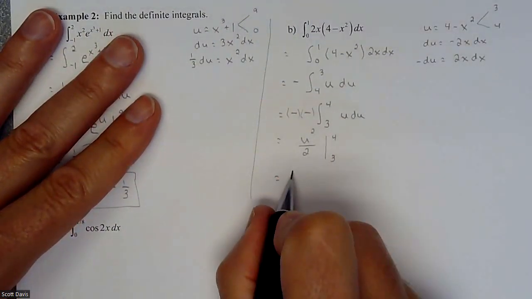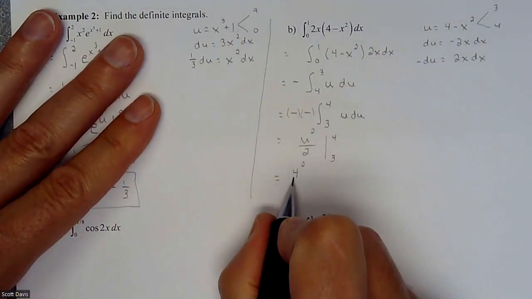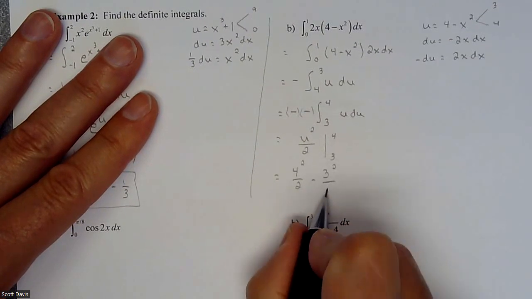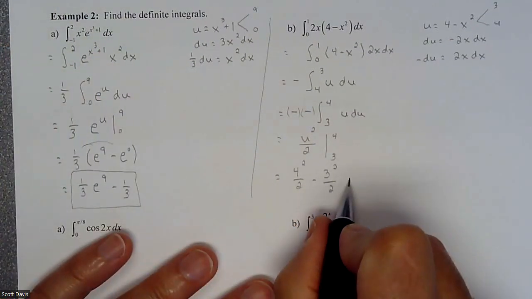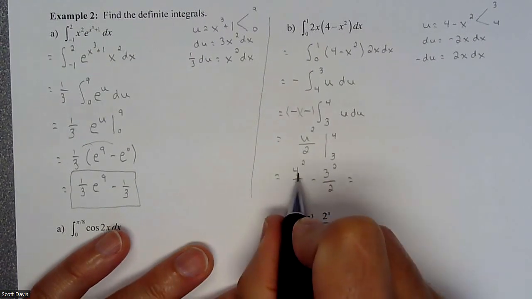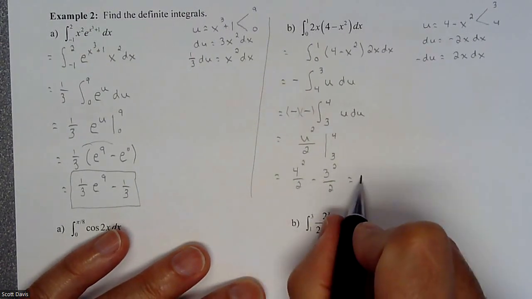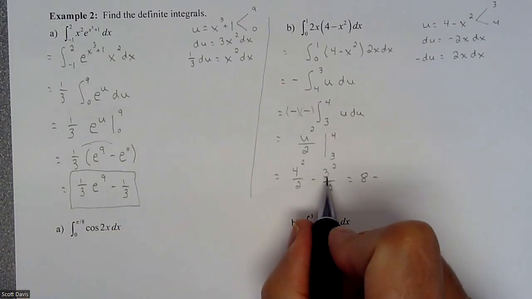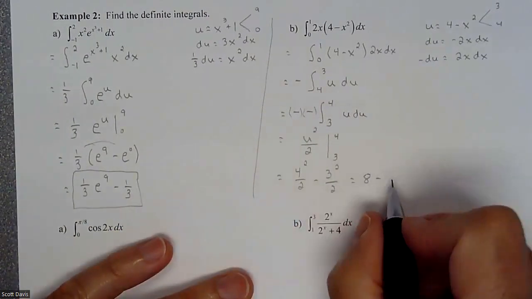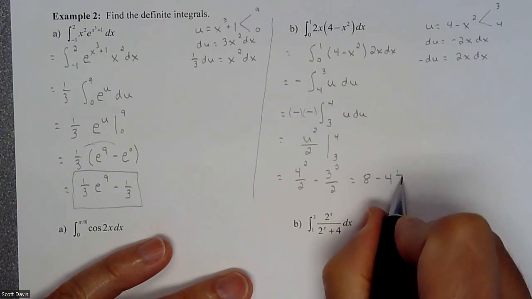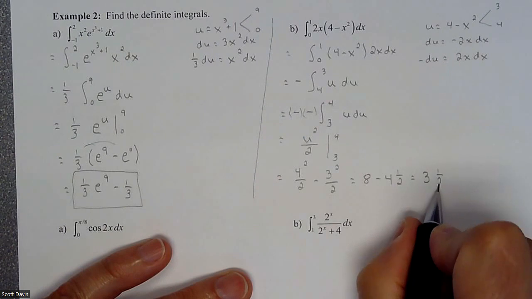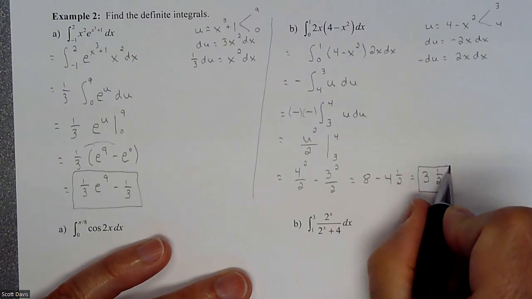So we're going to have 4 squared over 2 minus 3 squared over 2, which is going to get us 16 over 2, so 8, minus 9 halves, so minus 4.5, is going to get us an answer of 3.5